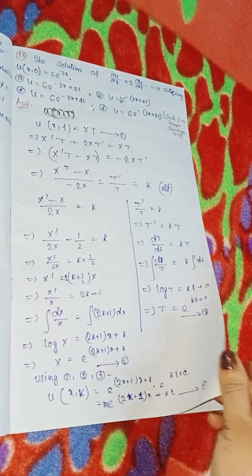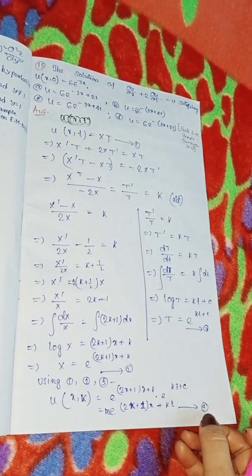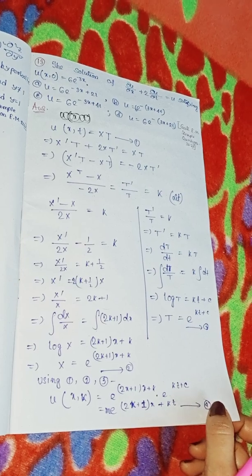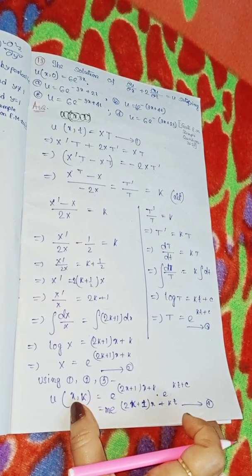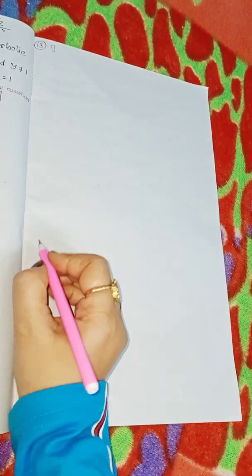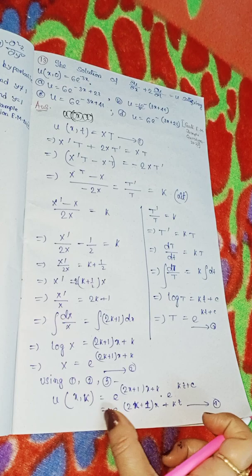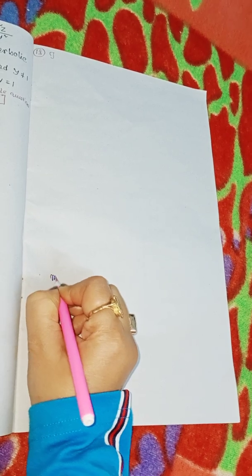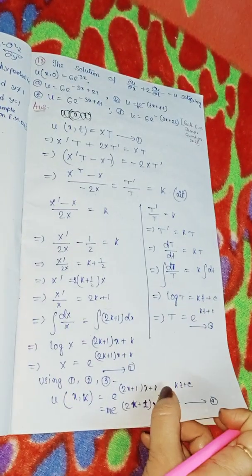So now we get equation 4. So from equation 4, now putting x as remaining x and t as 0. So what we get? So here m is equals to e to the power x and t. So now putting m is equals to 6. M is equals to 6. We get m is equals to 6 here.